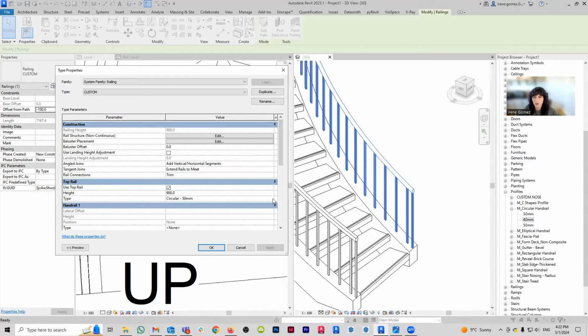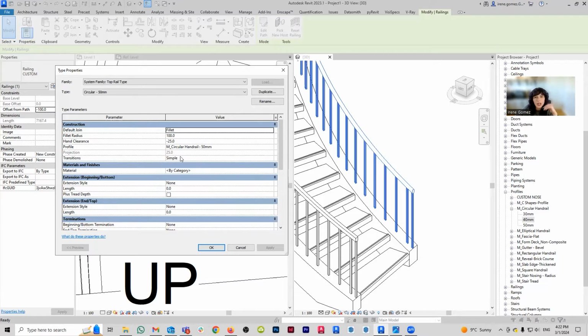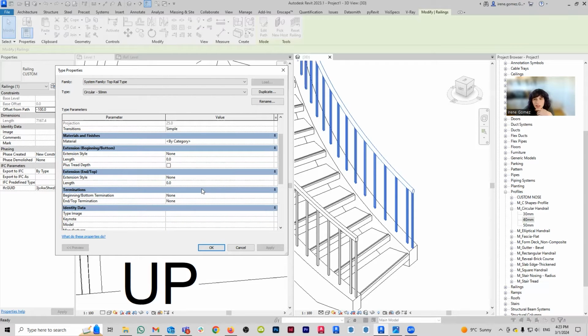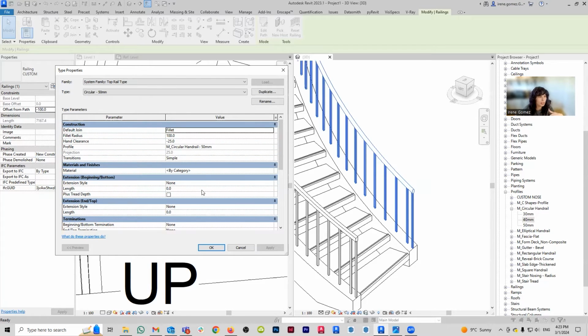The other thing that I may want to do, let me go here, is I want to see hand clearance. Hand clearance is going to be like away from the wall. What I want to do here is see if I can give it an offset, because basically if you look at the image, basically what you can see is that the railing is not necessarily centered because you have the glass panel and then you have the handrail itself. So I think that might be the hand clearance portion. Let me switch it to 0 and see. No, that's not what I want to do. Hand clearance is from the bottom up. So you know what? We're going to do it a different way.